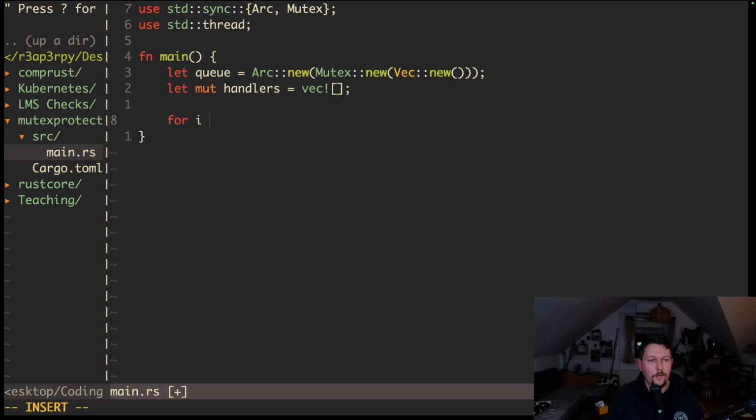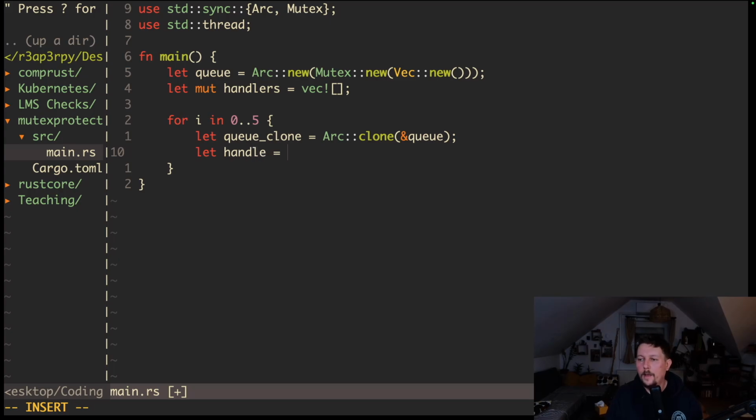Then we take a for loop and use it to iterate from 0 to 5. And we are going to clone the queue. Arc clone queue, and we will have a handle which is going to use the thread spawn,